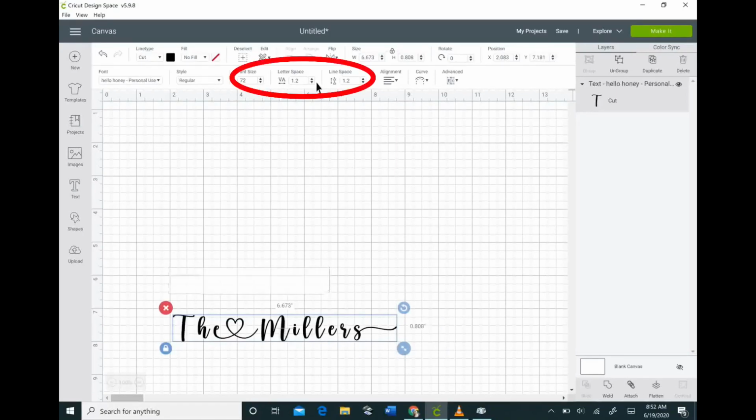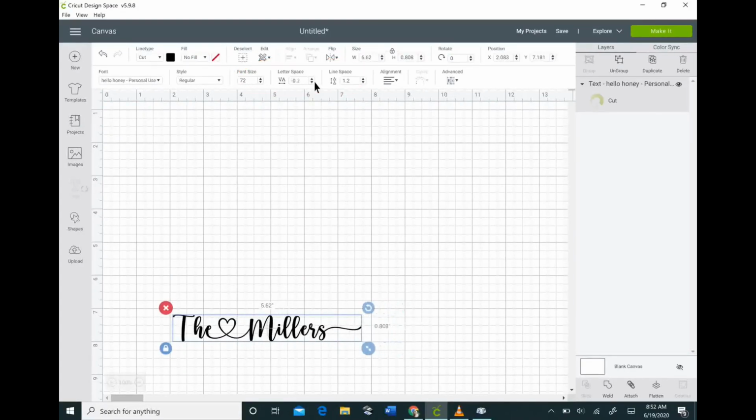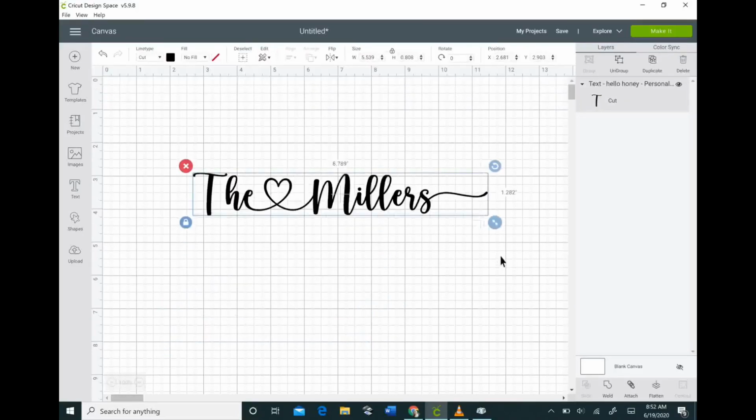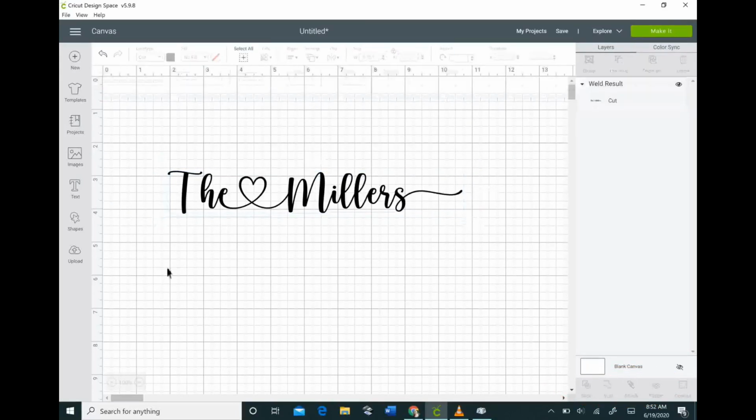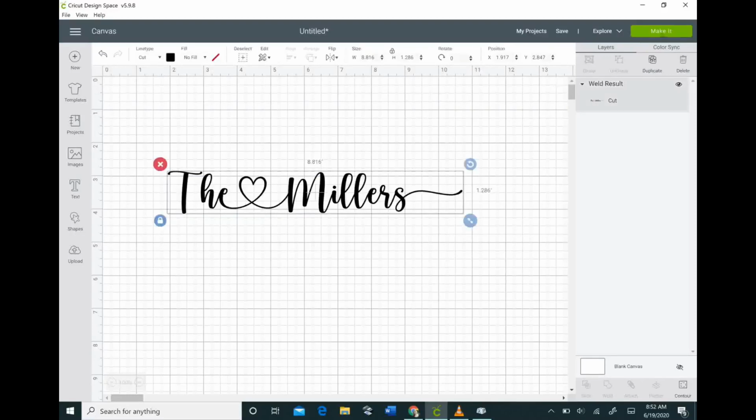So now that we got the font that we want, all you need to do is change the letter space here and make it smaller so that everything will connect together. And then once you connect everything together, all we have to do is hit the weld button, and that will make sure that there's no weird cuts in between your letters. So this is a really great way to get something into Cricut Design Space that has a heart